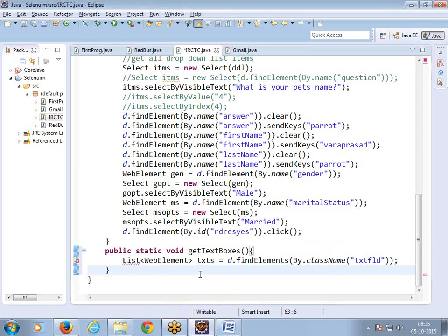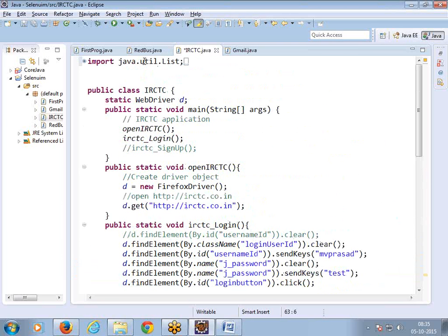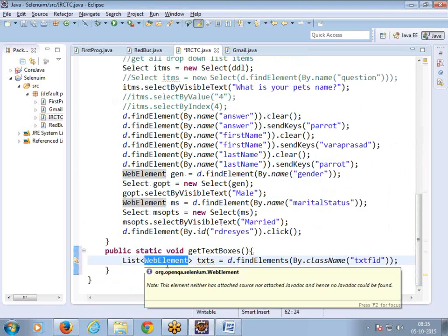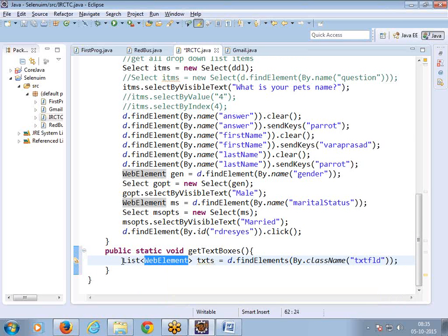So from utility this one you have to use. See it is imported: java dot util dot List. What type of list is it? List of web elements. Understand? A collection of web elements. So this list is nothing but a collection of web elements. I'm defining one variable, txt list. So this statement find elements by class name txt field returns a list of text boxes with this particular class name,